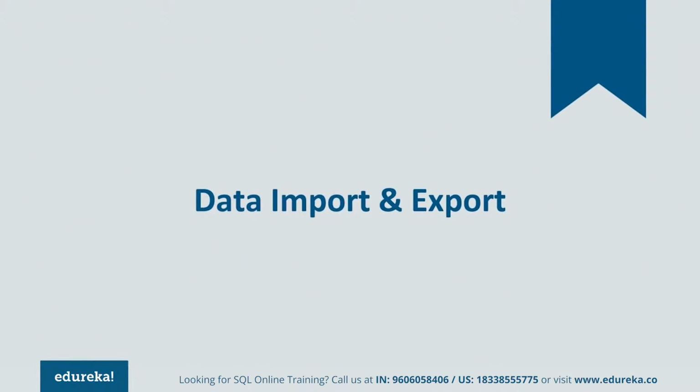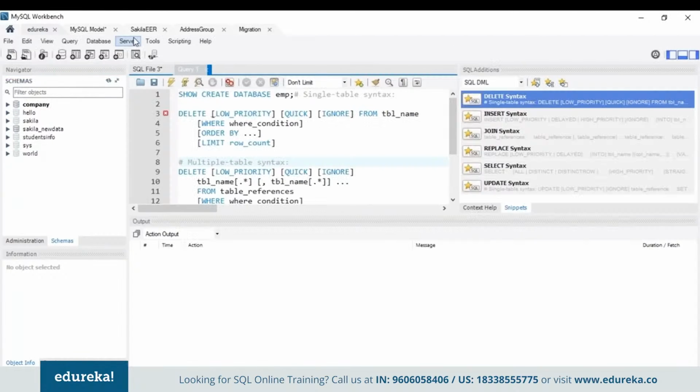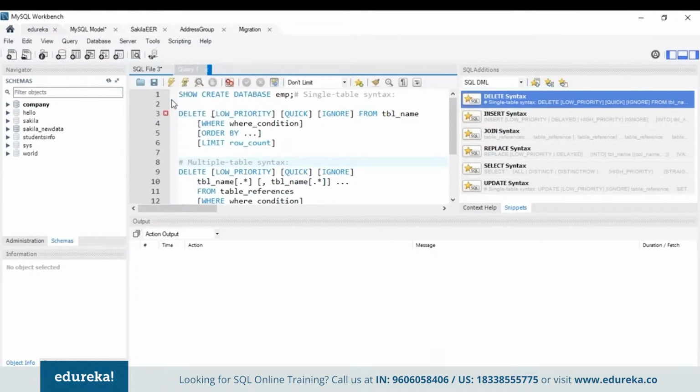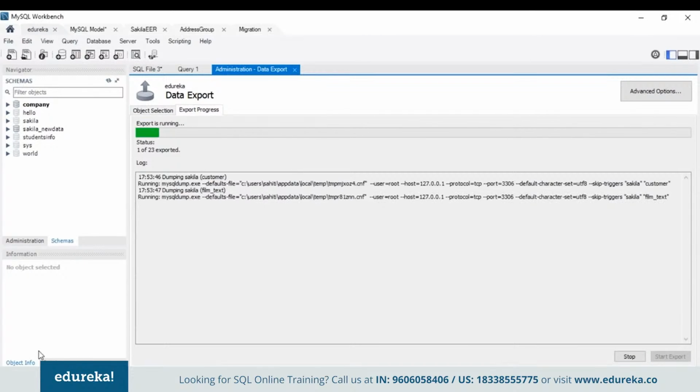Now moving on to the next topic for this session, that is data import and export. To export and import the data, you just have to go to your SQL Development tab and then go to server. You go to export data, that is the data export option over here. Then you choose the schema that you want to export. Let's say I want to export sakila, right? So I'll choose the option and then mention the path, that is the directory where I want the database to be exported. Once I'm done with that, I'll click on start export